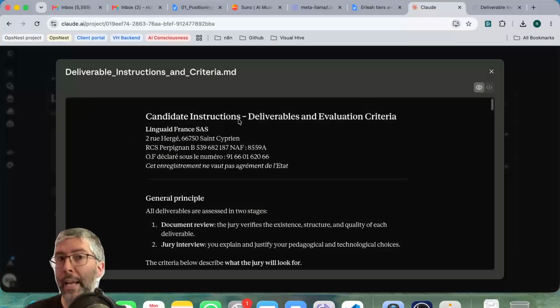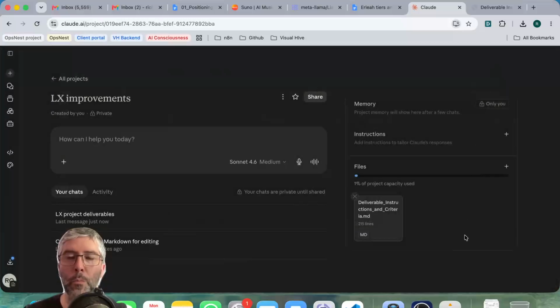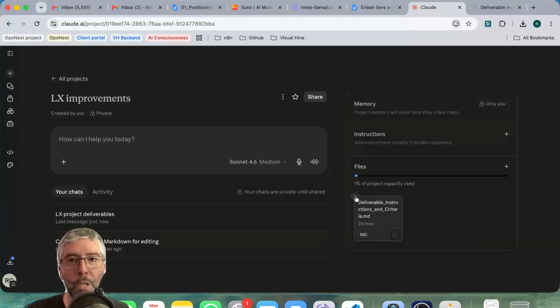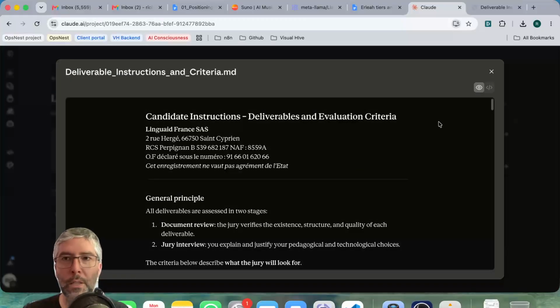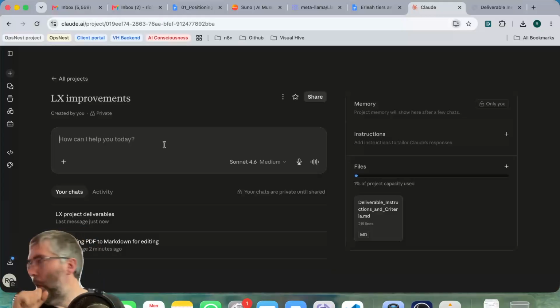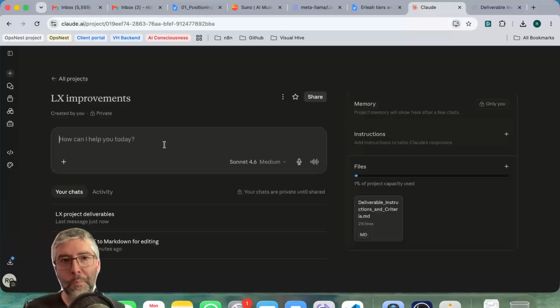For example, you can't edit them. Once they're in, they're in. There's no way to go in and change them. So it's like you've committed them to the project. Now in the future, if you do need to change them, you can just remove it and add the new version. It doesn't cost anything. So there's no need to worry about the fact that you can't edit the file, is what I'm trying to say. So that's the second level of context, where you're going to get more and more files added to this,